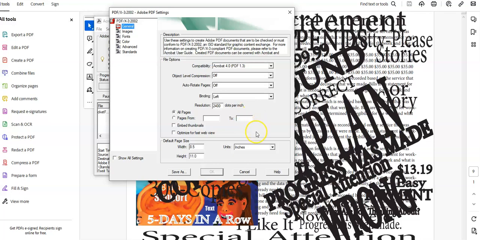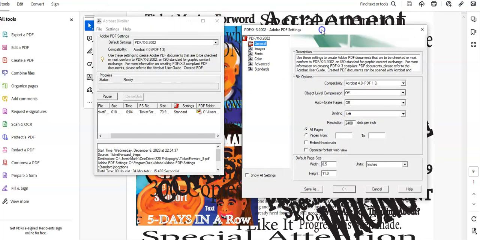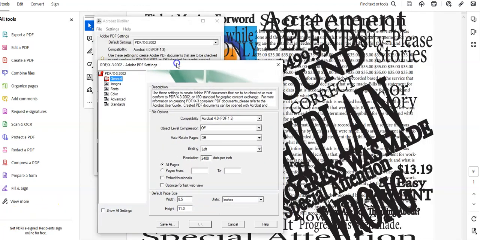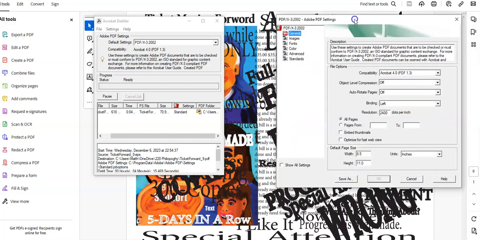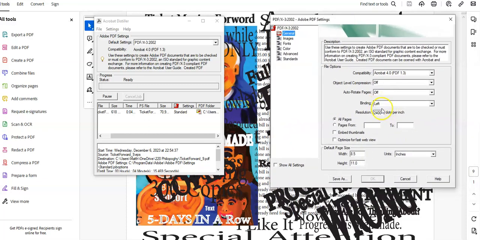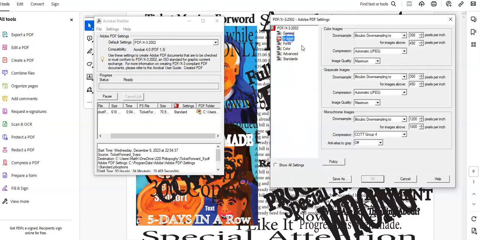I'll put this right here, and then left right here, and then automatic